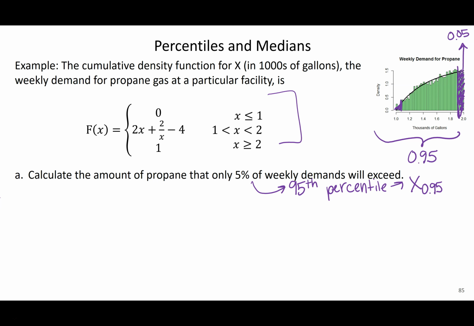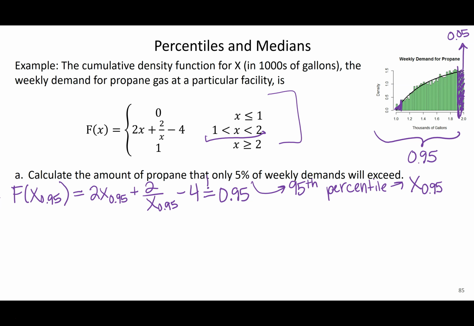So looking here, F of x 0.95, we know it's going to be between 1 and 2. So 2 times x 0.95 plus 2 over x 0.95 minus 4, and that's going to be equal to 0.95. So I'm setting it equal to the area that I want underneath, so that 0.95. So I do get to set that. So from here,